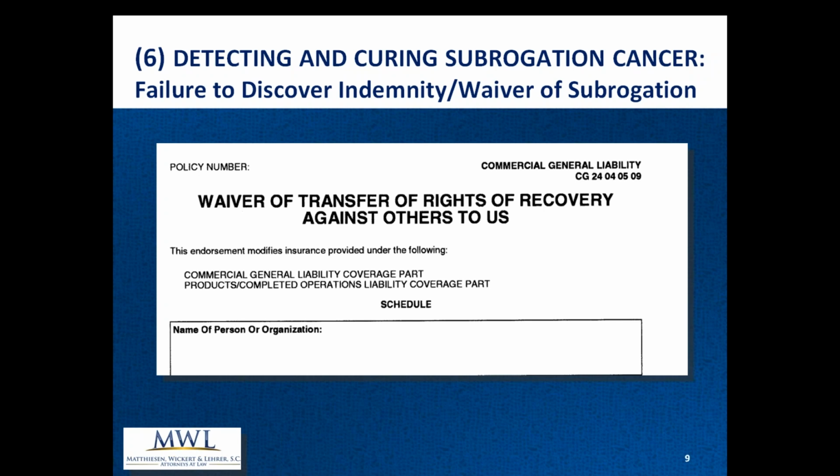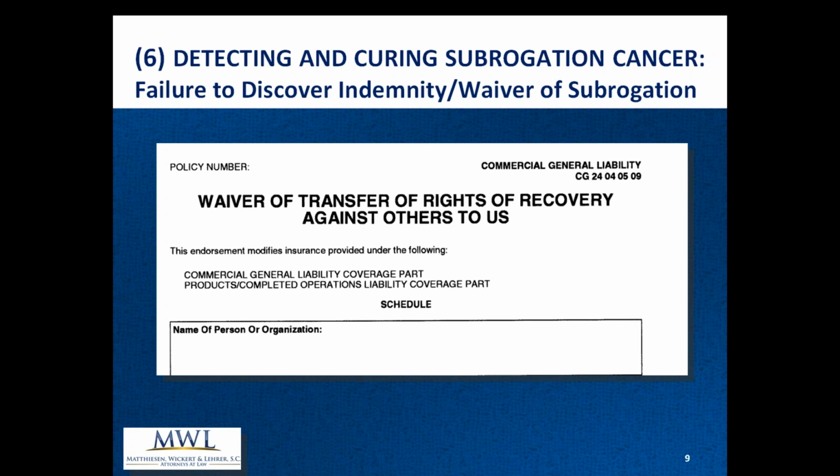Or the schedule could indicate scheduled operations that the waiver is good for, when in fact the injury happened in a different part of the construction project having nothing to do with those operations. Okay, so that's another out. But now if you check all of that and it looks like, okay, we waived subrogation, it's the right operations, we have the right entity, we're at a dead end, I don't even need to call Wickert's firm because we're going to close this one down. I've been handling these claims for many years. There's a waiver in place, not so quick.